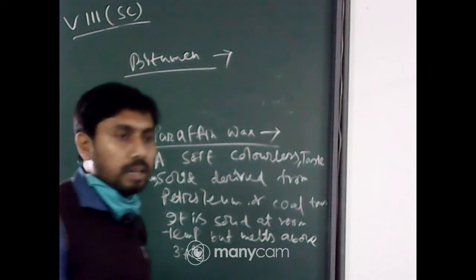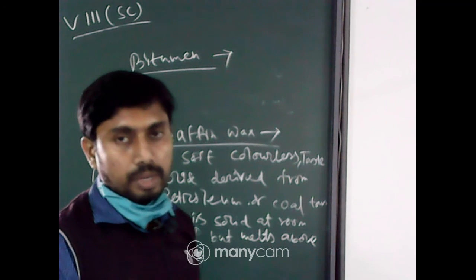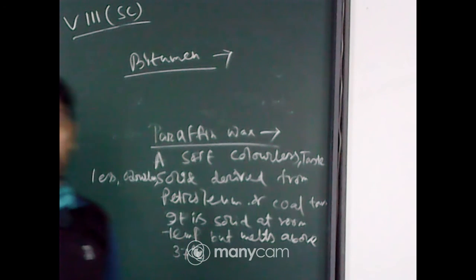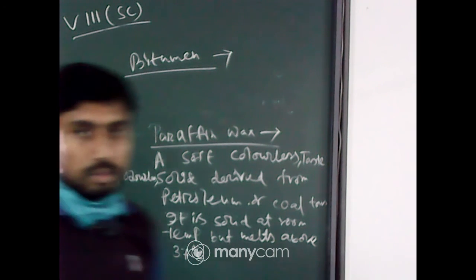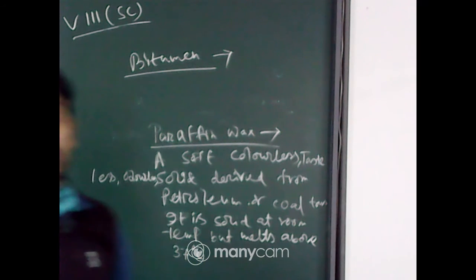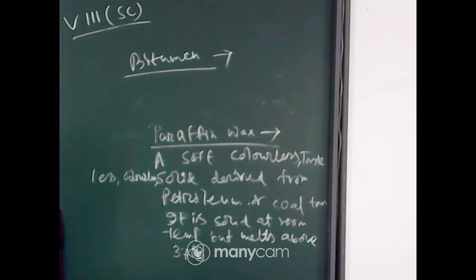The coal tar used in Bengal is called alcatra, or it is used in road surfacing. Okay. You can see that it is just a thick black mass. So, these are the petroleum products. Next is